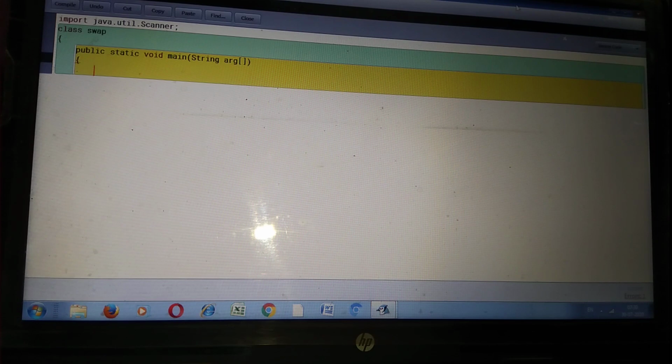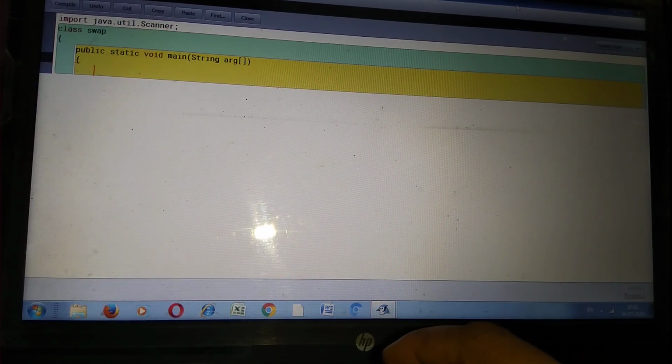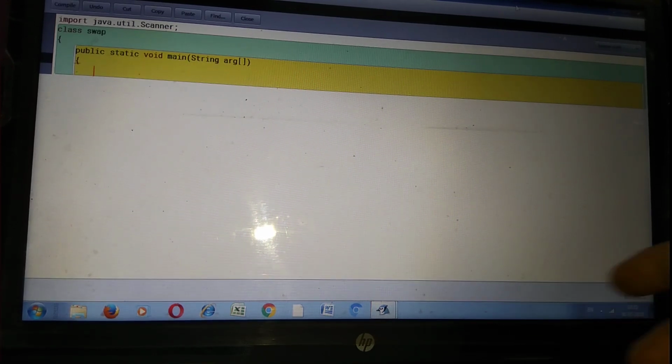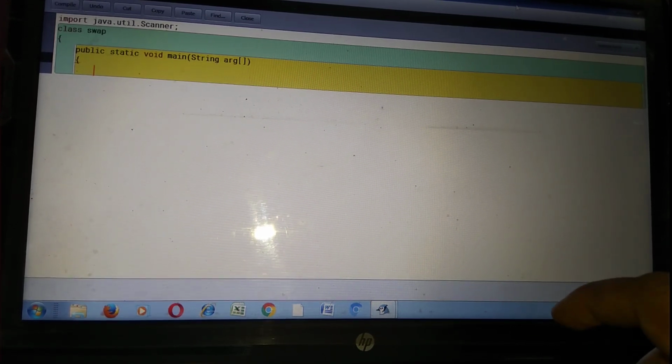Okay. After this, we need to enter two numbers from the user. After creating the method, I am creating the object of the scanner class. So how do we create the object?